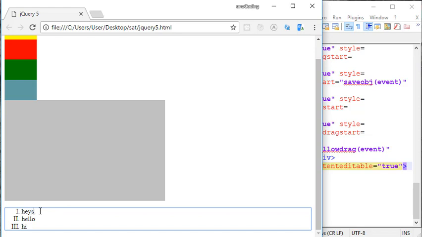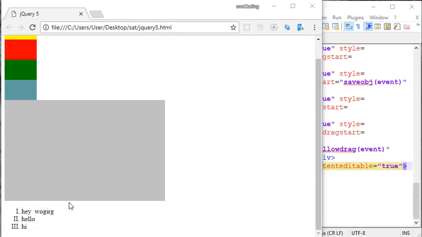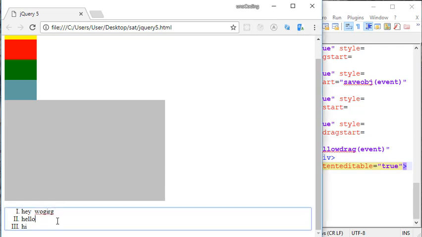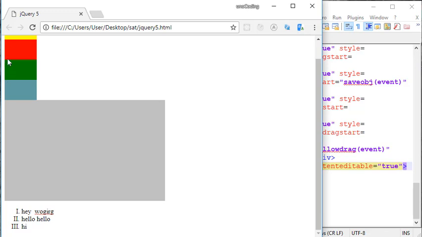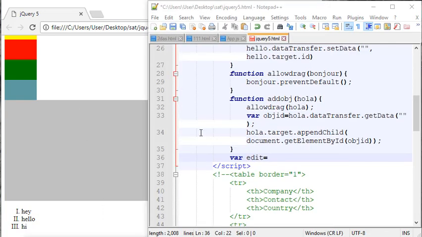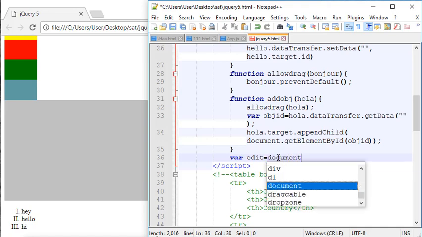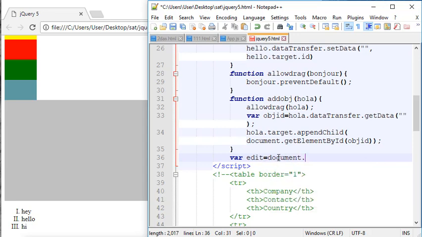Save, refresh. So we see our list, and it is actually editable. As we know, we've done this before, I believe. So this is due to contenteditable. And if I write something else and we do this, we see that it's here. However, when I refresh, it is gone. So to solve this problem, what we're going to do is we're going to make a variable with edit, and